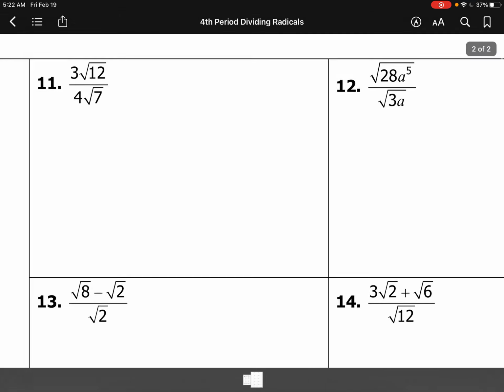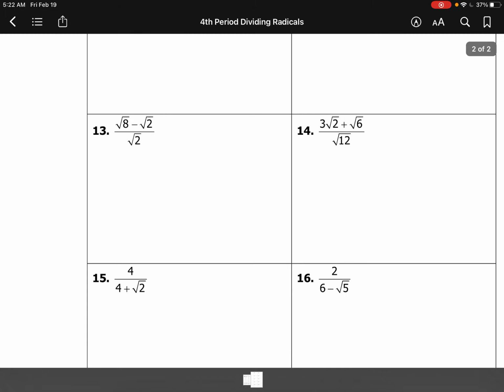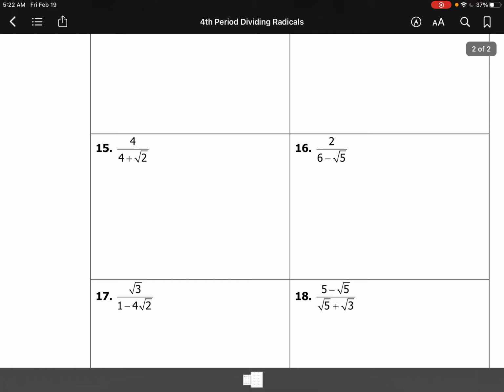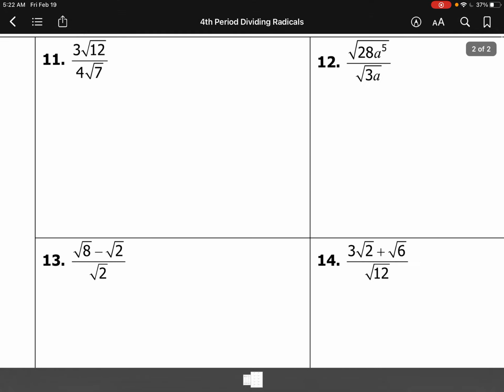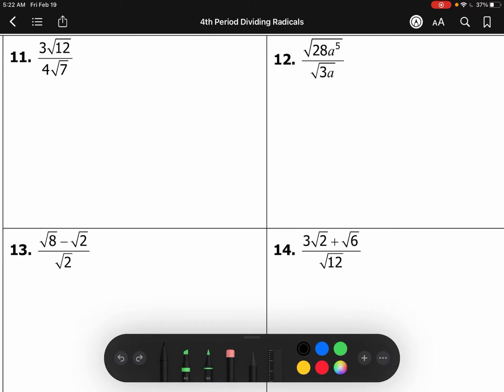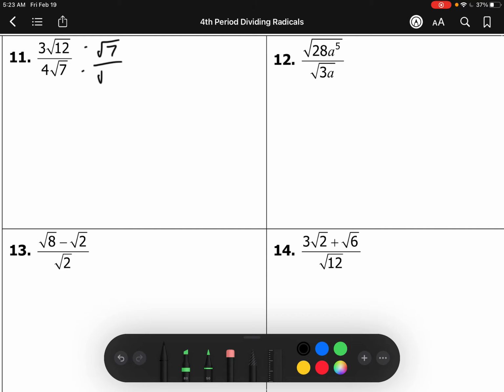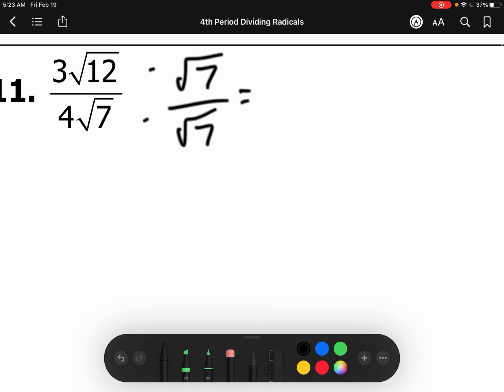All right, so we have monomials continuing, right? Binomials don't start until number 15. So I'm confident that you guys can do these on your own. So what I'm going to do is I'm just going to write in the answer for these. Or I can go through it very quickly. Right? So here you're multiplying the square root of 7, right, into the numerator and the denominator. And then you are going to get